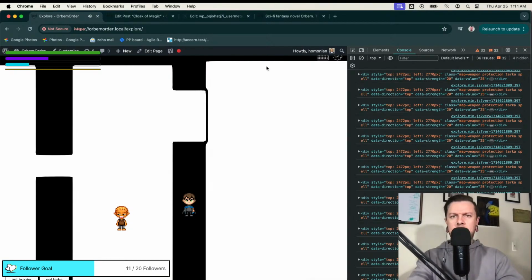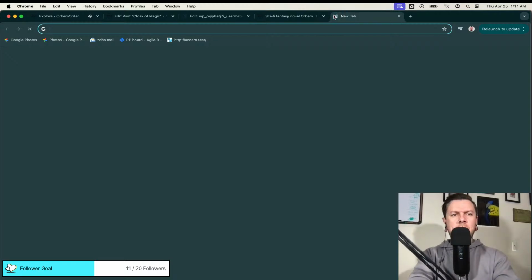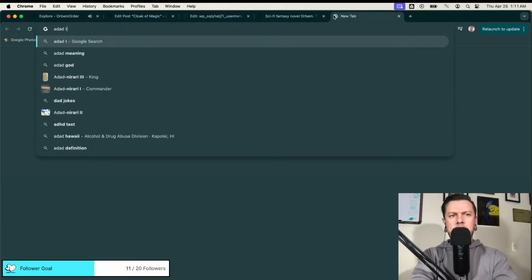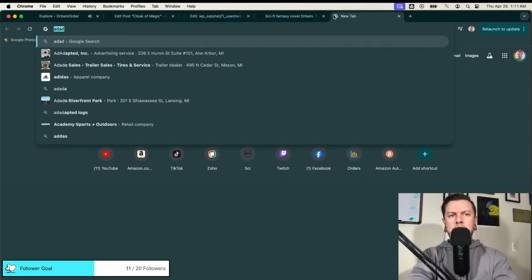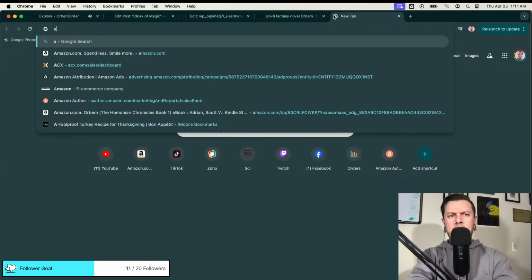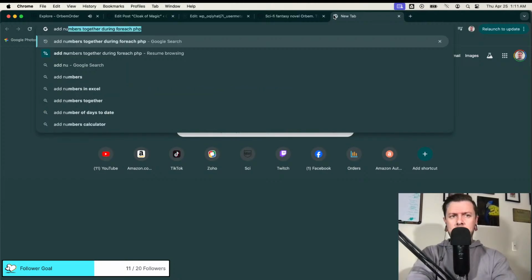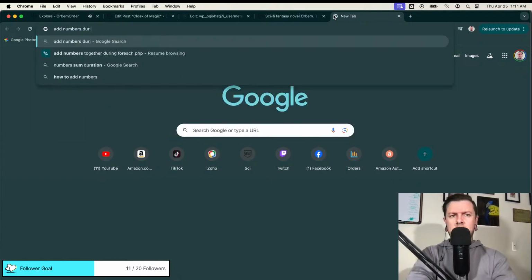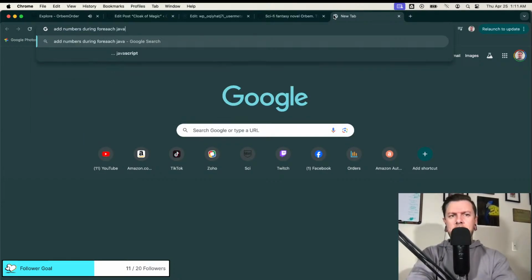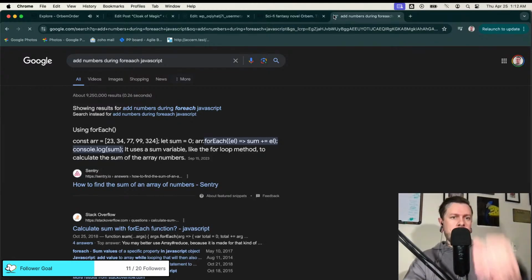Plus equals usually works. Add to, add. Numbers during forEach JavaScript. Yeah, see? Plus equals. I'm doing it right.